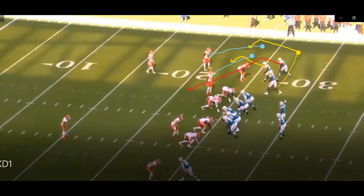The Dolphins do a nice job. They get into a bunch up here. They motion this man out. Their defensive backs adjust to the motion. The problem is they all get on the same level, and when you get defensive backs in man coverage on the same level, it exposes them to the pick play, and this